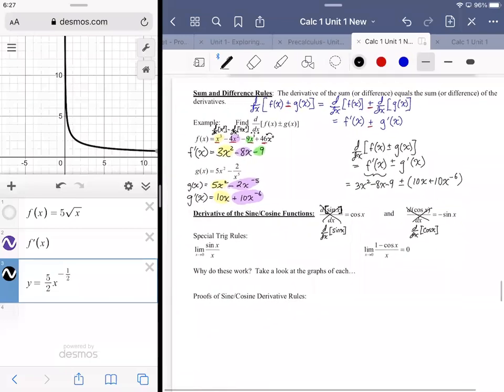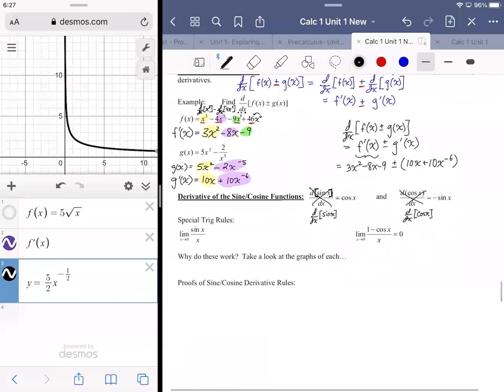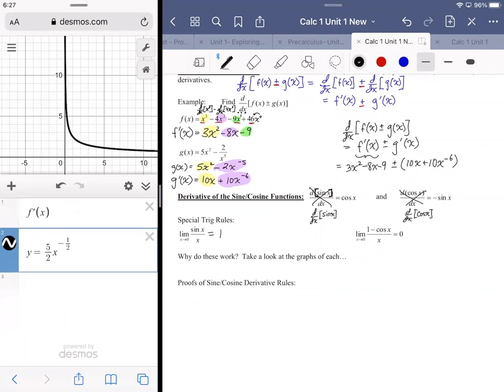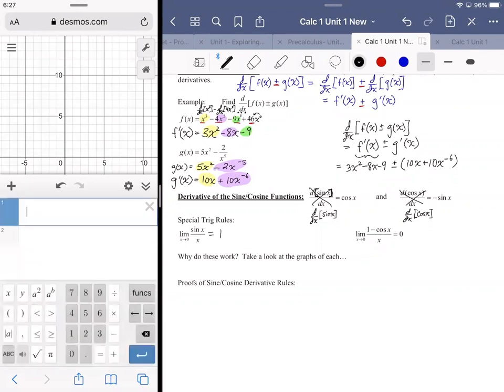So we have some special trig rules that we need to apply. And here's another typo. We've talked about this one before, but this should say equals 1. I don't know why it's not there. I'm going to show you really quickly the graphs of each of these. So sine of x over x, the function y equals sine of x